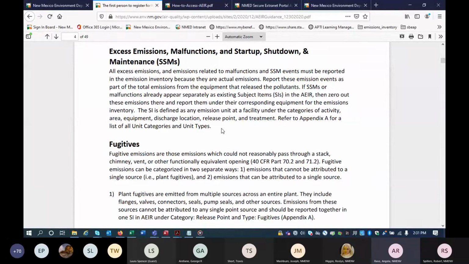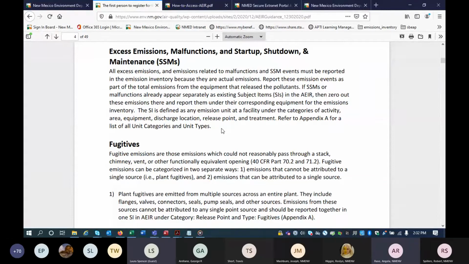So it's very helpful to us to know the full emissions that came from each piece of equipment along with the stack information for that piece of equipment, rather than having all of, say, the SSM emissions from a facility lumped into one category where we don't know which pieces of equipment did that SSM.